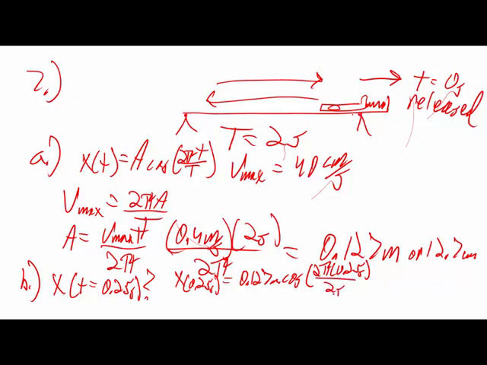Divided by 2 seconds. Now all that's in parentheses. And so what do we get? Let's do our argument first. So we get 2 times pi times 0.25, divided by 2, and then take the cosine of that,